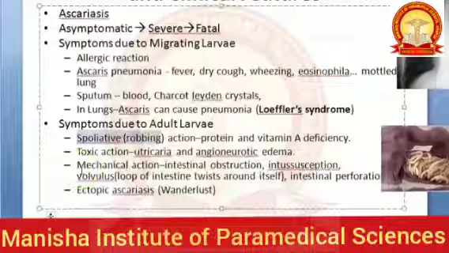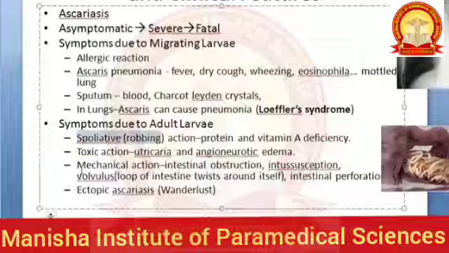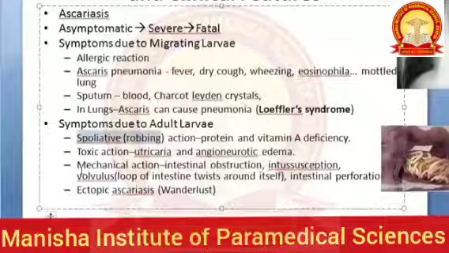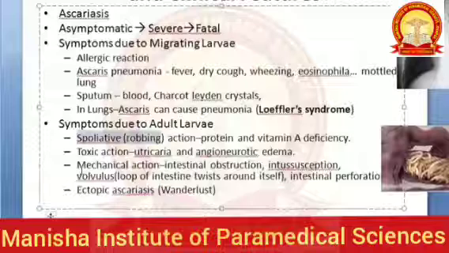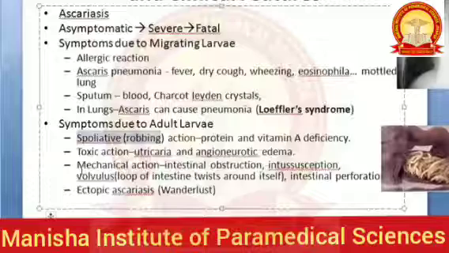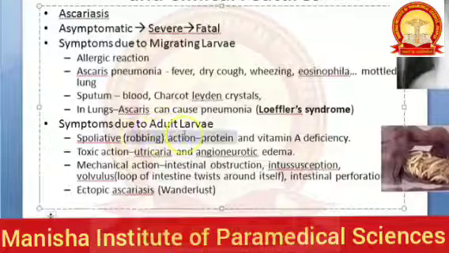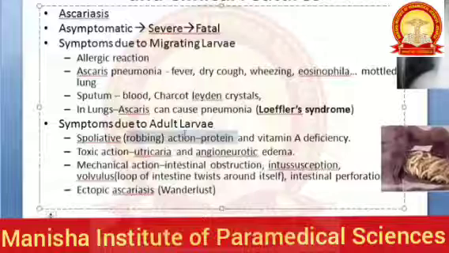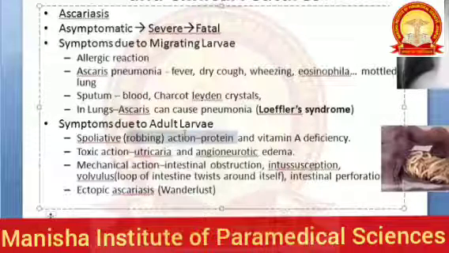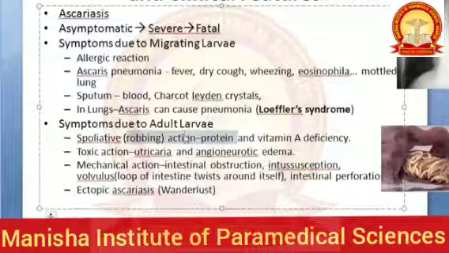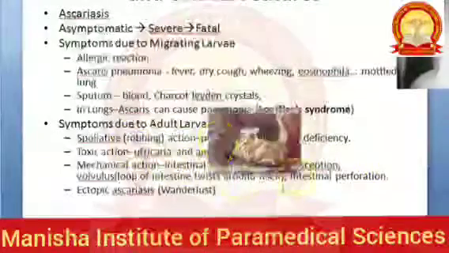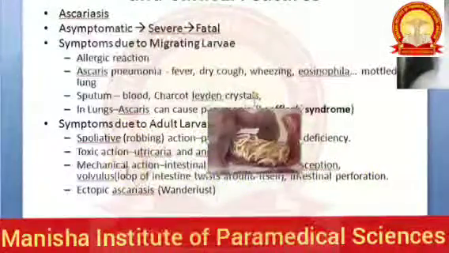It is usually seen when the worm burden is heavy. The worms may be present in enormous numbers, exceeding even 500, occupying a large part of the intestinal tract. They interfere with the proper digestion and absorption of food. Ascaris may contribute to protein energy malnutrition and vitamin A deficiency. Patients have loss of appetite, and the list is a long one. Abnormalities of the jejunal mucosa are often present, including broadening and shortening of villi and elongation of crypts. So all these intestinal problems will be there.